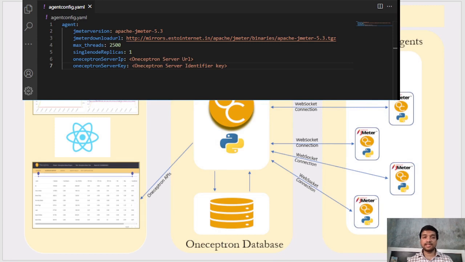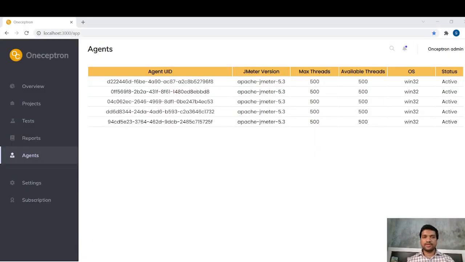These agents have a single configuration file which has details like Oneceptron server URL, server identifier keys for secure communication, JMeter version, and we can specify how many max threads or virtual users one agent can run test for. The agents which are available can be seen on the portal, like here on the agents page. Also we can see their max and available capacity for virtual users, the JMeter version available on the agent, OS